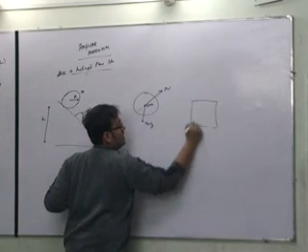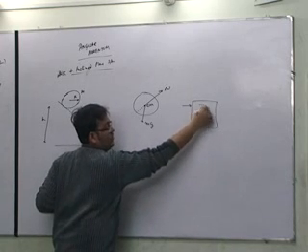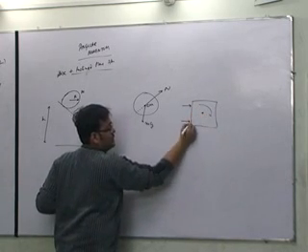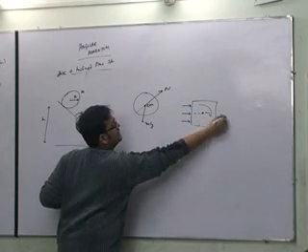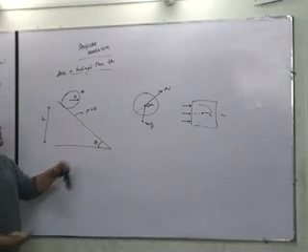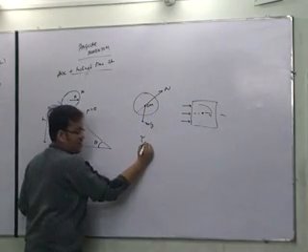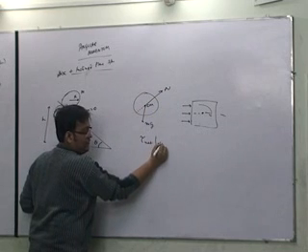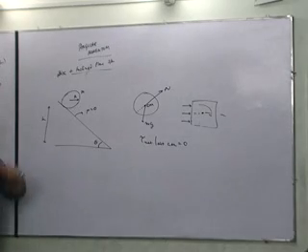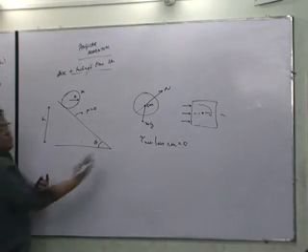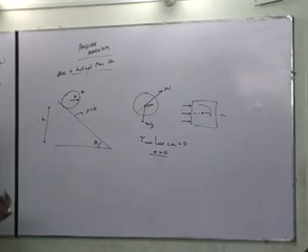We know that if there is a point about which the body rotates, if I apply the force upwards, it rotates clockwise. If I apply the force downwards, it rotates anti-clockwise. If the line of force passes through the axis, there is no rotation. Similarly over here, both the forces pass through the center of mass, so the net torque about the center of mass is 0. So the body will not be able to rotate. Torque is 0, so alpha will be 0.